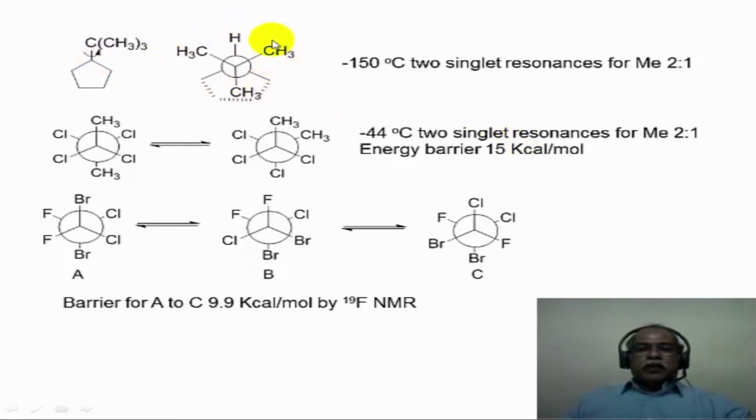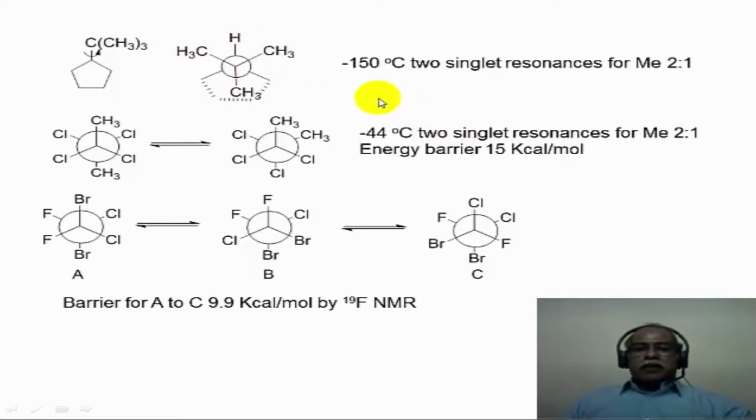Now if you look at this particular picture, this is actually the Gauche conformation or the staggered conformation of this carbon-carbon bond rotation. Now if the carbon-carbon bond rotation is frozen, this is likely to be the most stable conformation because the bulky groups are far away from each other in terms of their position. If that were to be the case, these 2 methyl groups should have a chemically identical environment, and this particular methyl group should have a different chemical environment in comparison to the other 2 methyl groups.